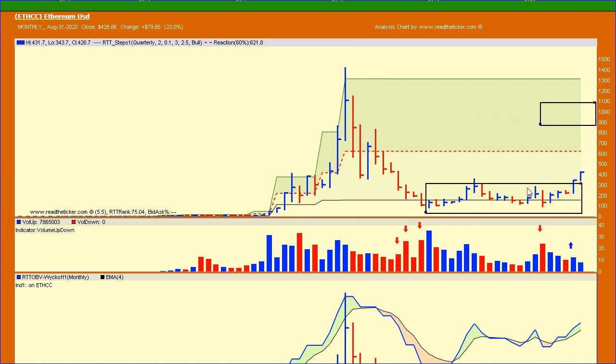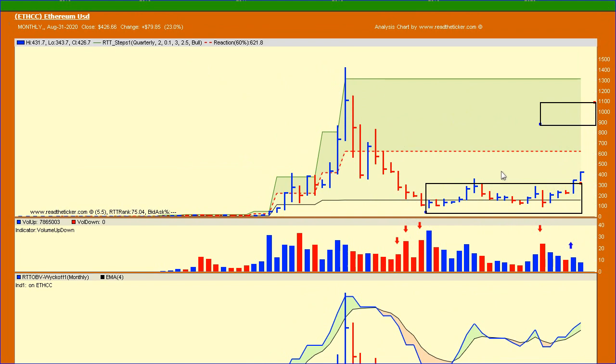This Ethereum was one of the most attractive Wyckoff accumulation bases. I was asked recently, what's your best Wyckoff chart? And I flat out said silver, but we all know what happened to silver. Ethereum is one of my other favourite Wyckoff charts, and I put these Wyckoff charts in the RTTWC, which is the Wyckoff blog. Quite frankly, you only need a couple of red hot Wyckoff accumulation bases to profit during the year.